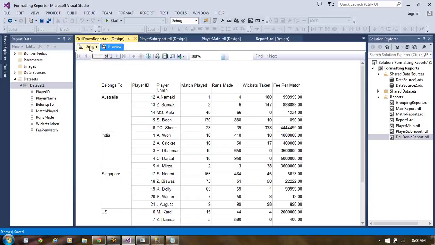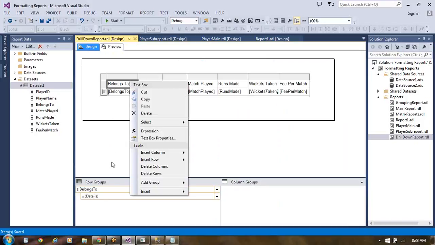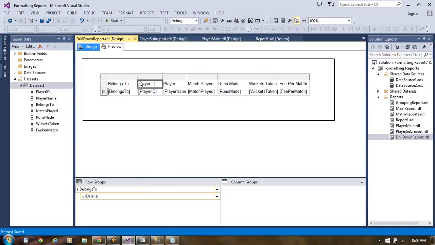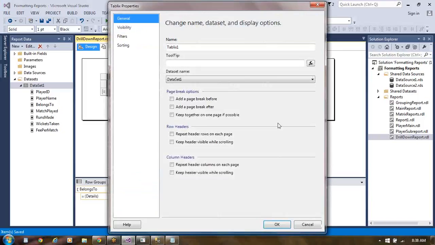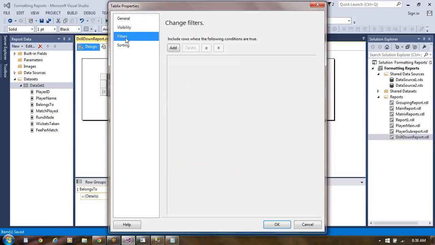Once again come to design. If you come to Tablix, this is nothing but Tablix. We look into Tablix properties. Here in Tablix properties, group by, visibility and filters are present.